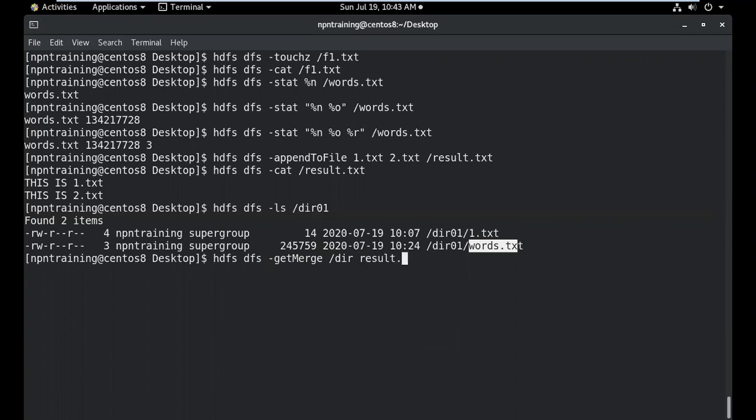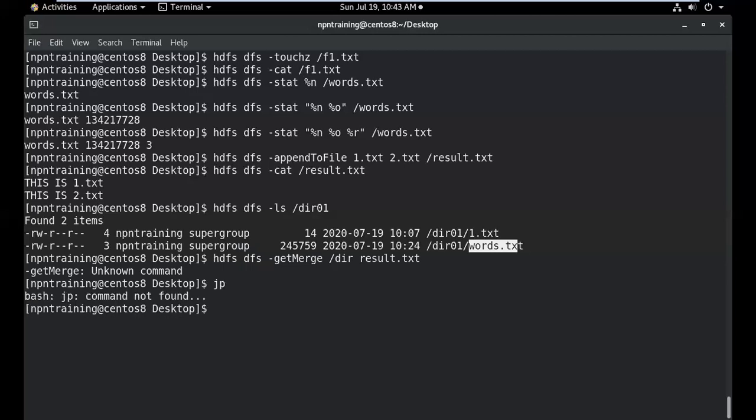I'll just give it as result.txt. So this will take some time. Oh, sorry, what happened? Why is getmerge not there? One second. Unknown command. Sorry, hdfs dfs -help.